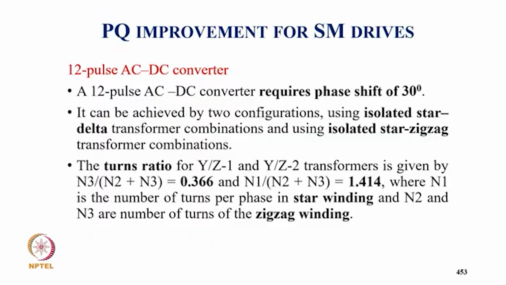It can be achieved by two configurations: using an isolated star-delta transformer combination, or using an isolated star-zigzag transformer. The turns ratio for star zigzag 1 and zigzag 2 transformers is given as n3 upon n2 plus n3 = 0.366 and n1 upon n2 plus n3 = 1.41, where n1 is the number of turns per phase of the star winding, and n2 and n3 are the number of